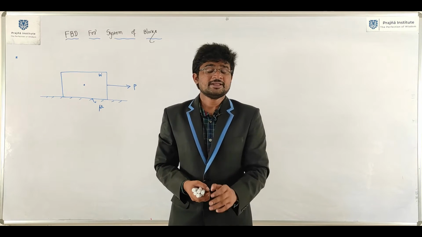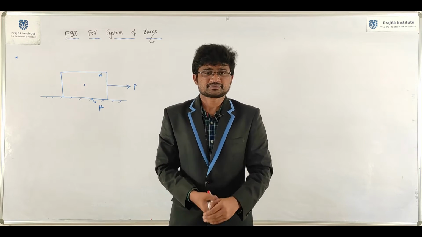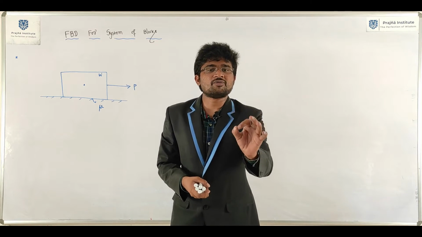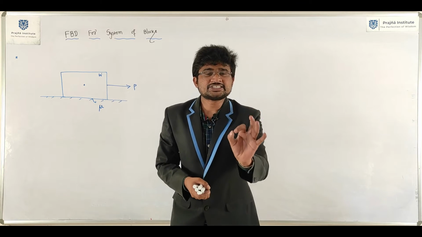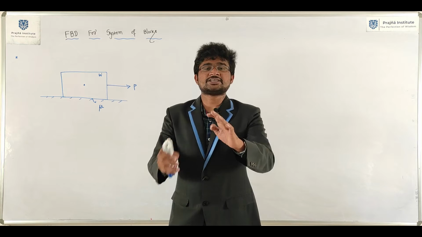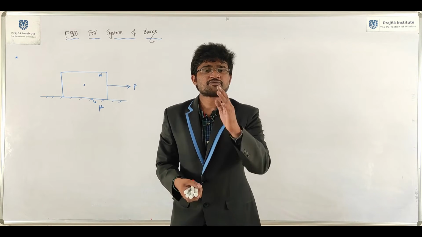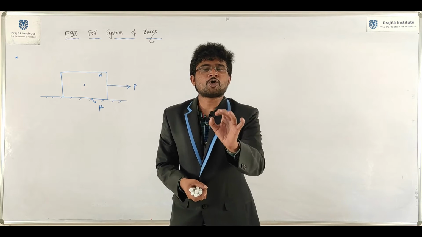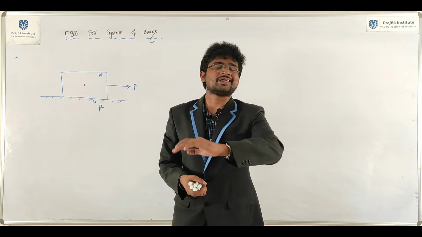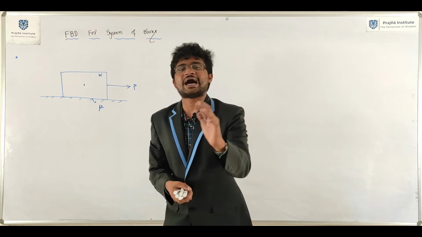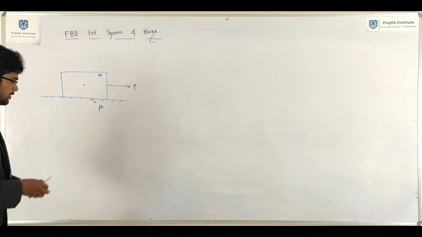Statement number 2: tension always pulls the body. Third statement: normal reaction always acts perpendicular to the surface. Fourth statement: inertia force and frictional resistance always act opposite to the direction of motion of the body. Fifth statement: at every contact surface and point, 2 normal reactions will be acting, both equal in magnitude and unlike in nature.